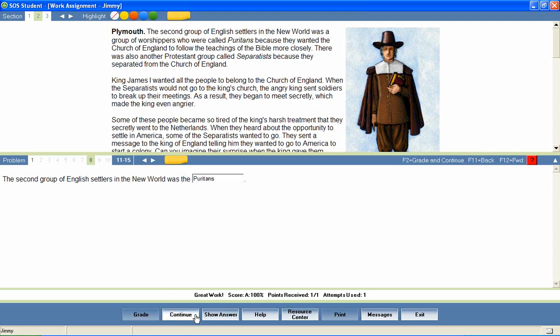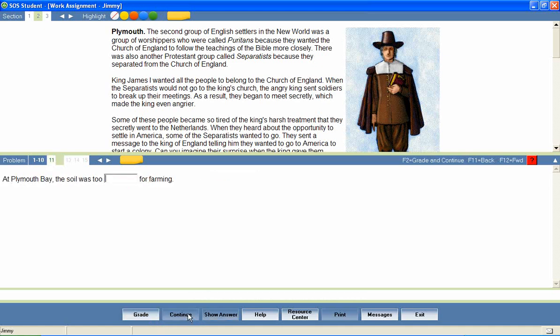85 to 90% of student work is graded instantly by the program. Answers are automatically saved as the student works through the questions, and immediate feedback is given after each question has been answered. If a parent has set the program to allow for multiple attempts, students will be looped